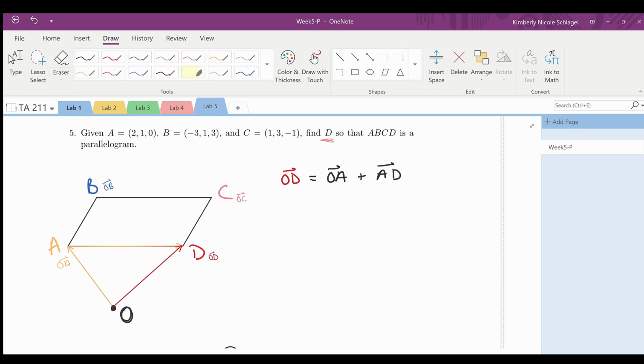Okay. So what's the problem with this? Well, right now we don't have AD, right? So we need to put AD into a form of something that we know. So we need to put it in the form of OB, OA, or OC. Okay, so we have OA plus. Okay, now this part,